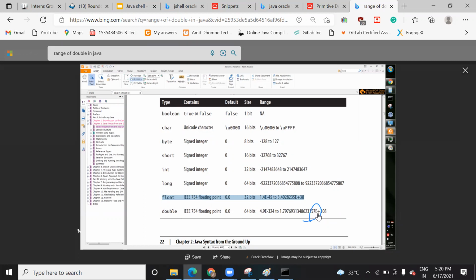They have used it so that you can represent it as 10 to the power 308. So E will be like this only. E108, not E plus 108.